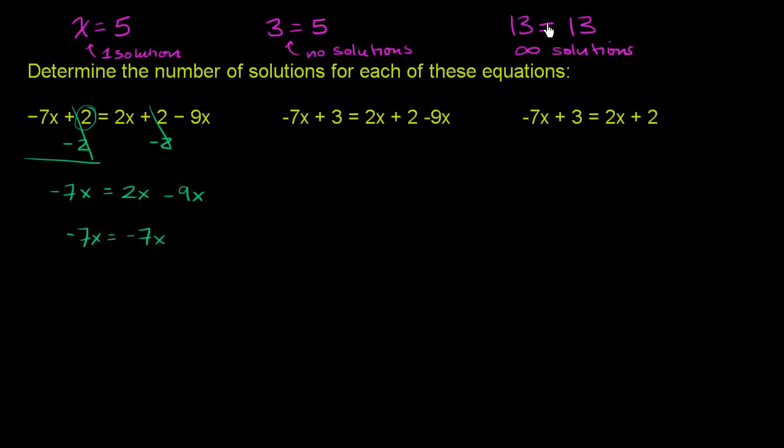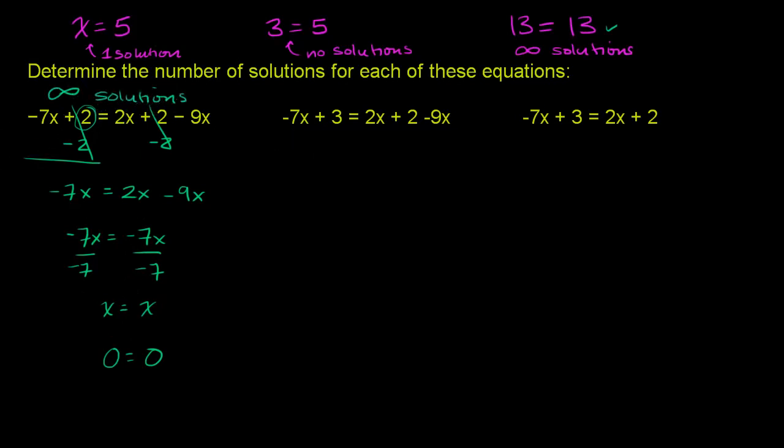So we are already in this scenario, but you might say, I don't see 13 equals 13. Well, what if you divided both sides by negative 7? At this point, what I'm doing is kind of unnecessary. You already understand that negative 7 times some number is always going to be negative 7 times that number. But if we were to do this, we would get x is equal to x, and then we could subtract x from both sides, and you would get 0 equals 0, which is true for any x you pick. So for this equation right over here, we have an infinite number of